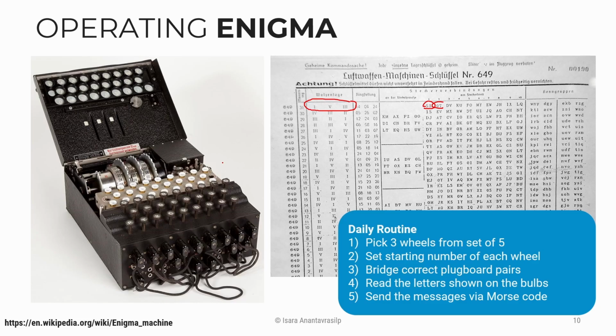But the thing is, what if the allies capture the unit? They just have to burn this, and that's it. But then here's another point. They have to distribute this book, the code book, to every unit. Otherwise, if you have the machine without the book, then the machine is useless as well.